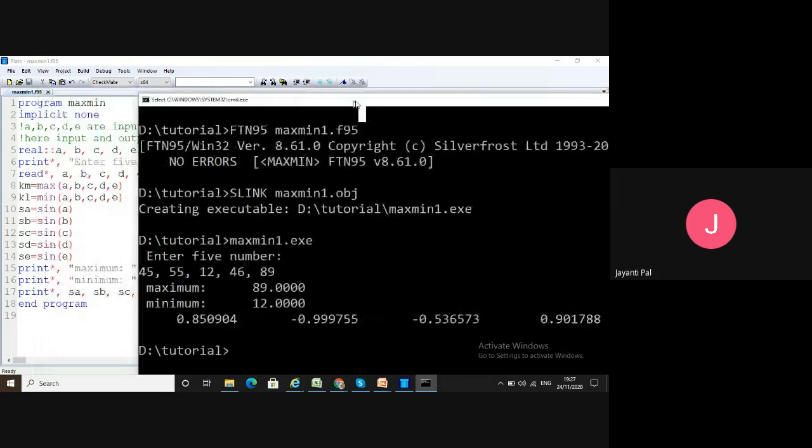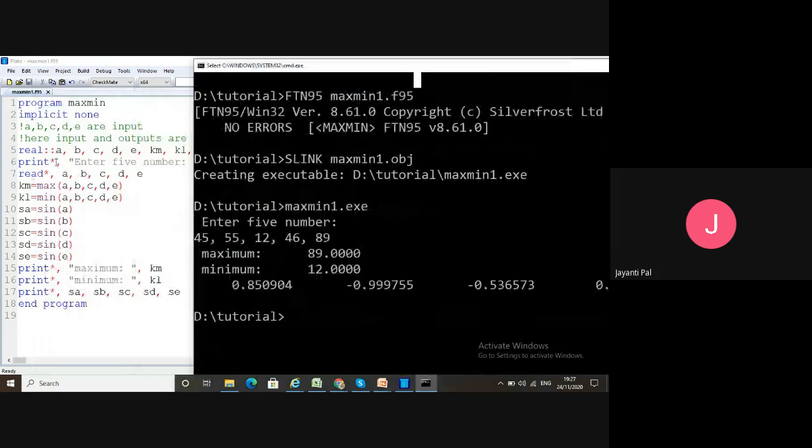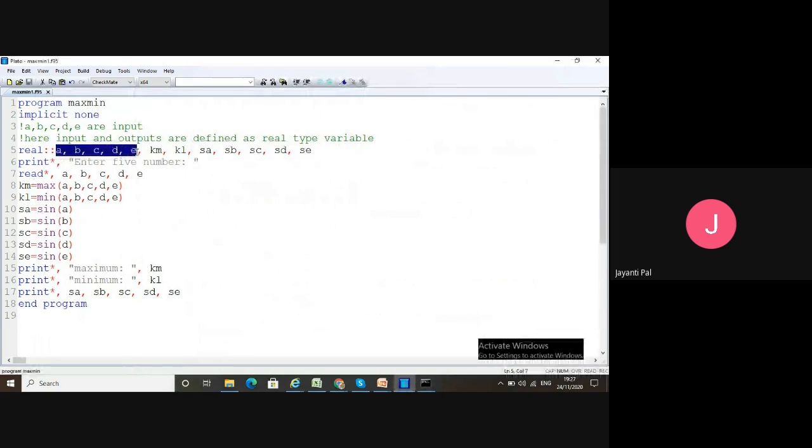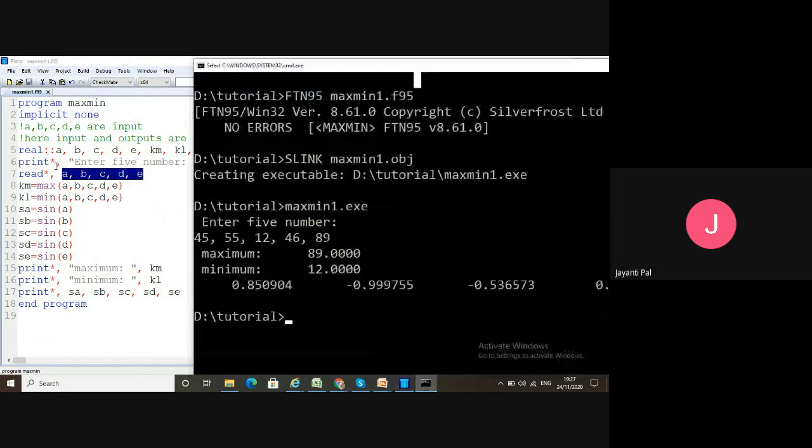Now, if you want to print, here I have given A, B, C, D, E, and especially the read line is very important to understand what parameter is what. Here A, B, C, D, E is written. Now, I have given the numbers, the sequence. The sequence is always the same. So here A equals 45, B equals 55.